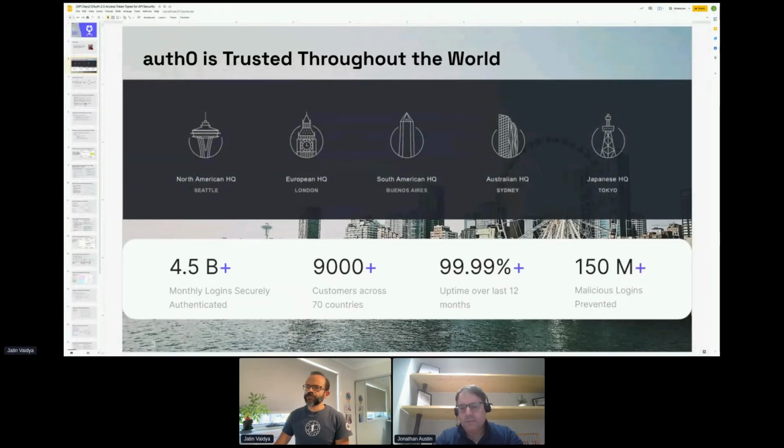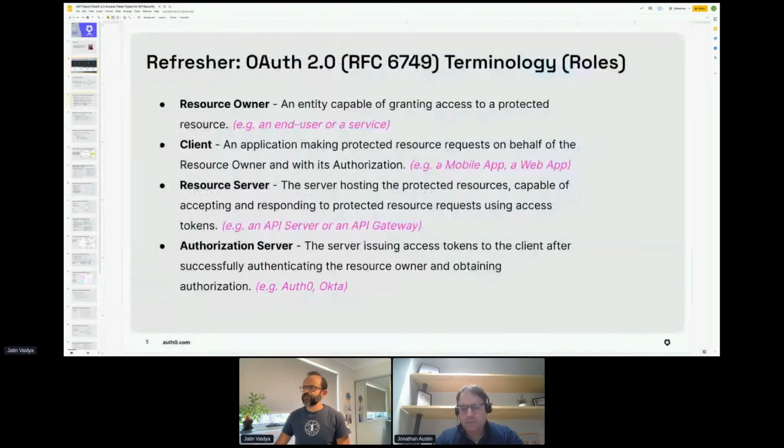Yeah, so with that, let's move on to the refresher that Jonathan was asking for. Here we'll be focusing on the types of access tokens within OAuth 2.0.